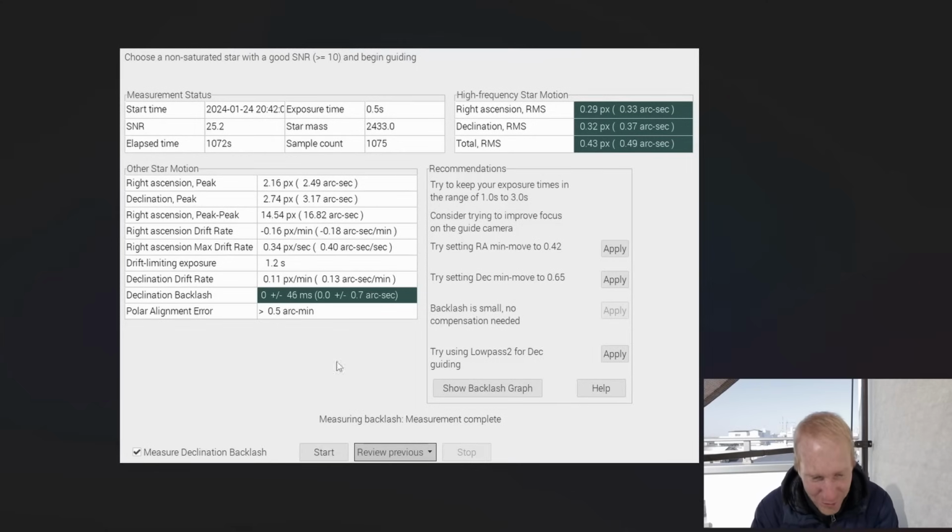But with that out of the way, the proof is in the pudding, and the exposures actually look good and my stars are pinpoint sharp, that actually tells you all of the information that you need. But let's get into the details, because you guys are nerds, I'm a geek, we are geeks, we are nerds. Yeah, let's go! So I am on my computer right now, and this is basically the results of the calibration